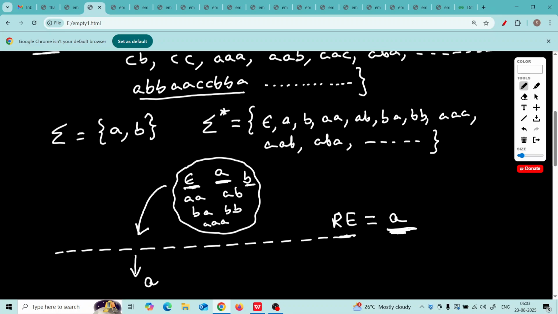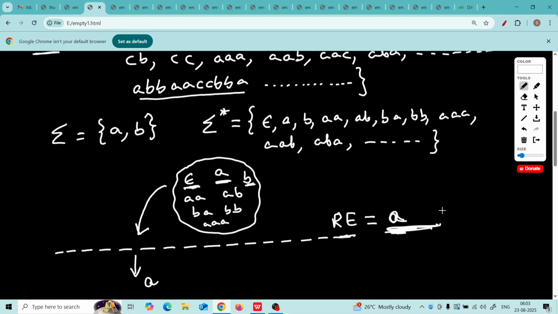If you take the next word B, B also does not match, because our rule is that pass only those strings which are A and only A, single letter. Then B also does not match, double A does not match, AB does not match, because although AB has A, after A it has B, correct? BA does not match.